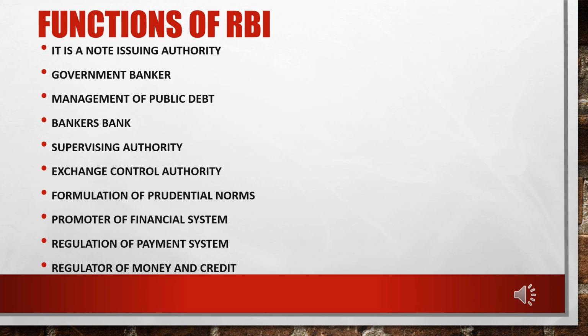So it prescribes the minimum requirements regarding paid up capital and reserves transferred to the fund, maintenance of cash reserves and other liquid assets. You see, how much loan one individual can take, that regulation is made by RBI. How much industrial loan can be directly given by a commercial bank? And if it is more than that, above the monetary limit, RBI should interfere, or commercial banks should take permission from RBI. This is basically done to have smooth control of operations, or to make the financial system more stable.